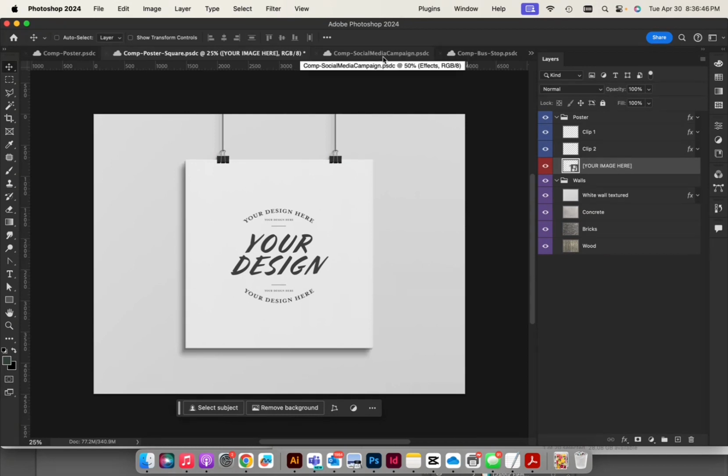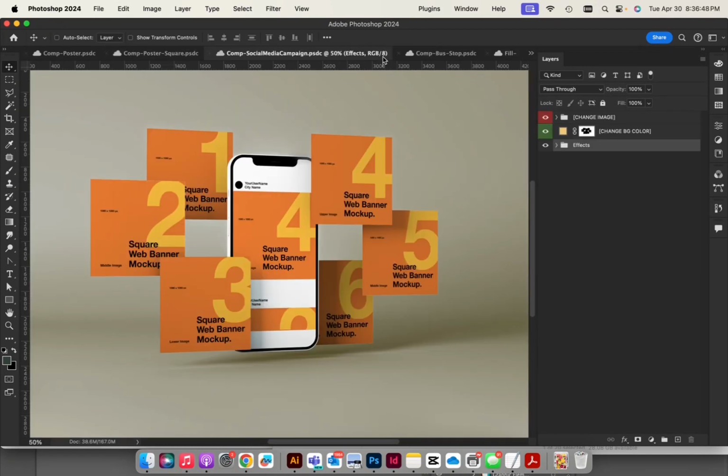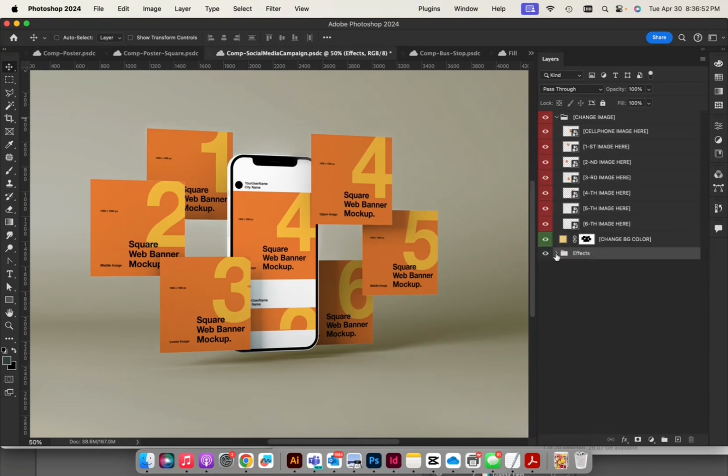Sometimes these templates that you download are much more complicated, like this one that you see here. This one takes advantage of another neat feature of smart objects, which is the fact that they can be nested. So I'm actually going to click on this first one here, cell phone image here, which I know is going to replace this area in the middle. If I double click here,